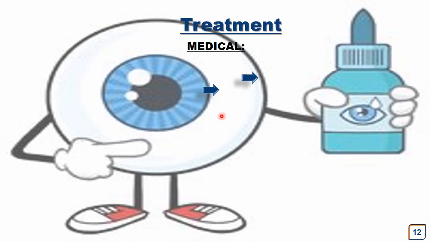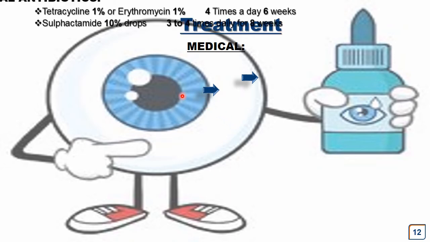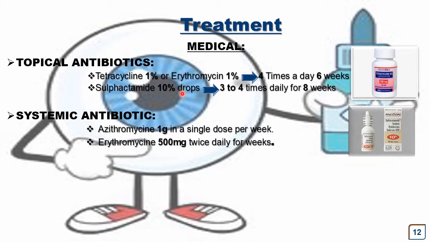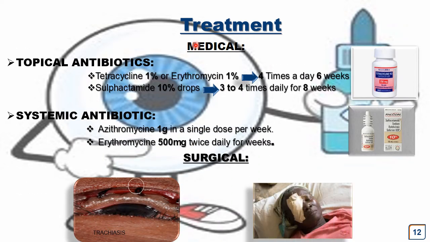Treatment. There are two methods for the treatment of trachoma. The first one is medical treatment, and the second one is surgical treatment. For the medical treatment, topical antibiotics are given, such as tetracycline or erythromycin 4 times a day for 6 weeks, and sulfacetamide 3 to 4 times daily for 8 weeks. Systemic antibiotics are given, such as azithromycin 1 gram in a single dose per week, and erythromycin 500 mg twice